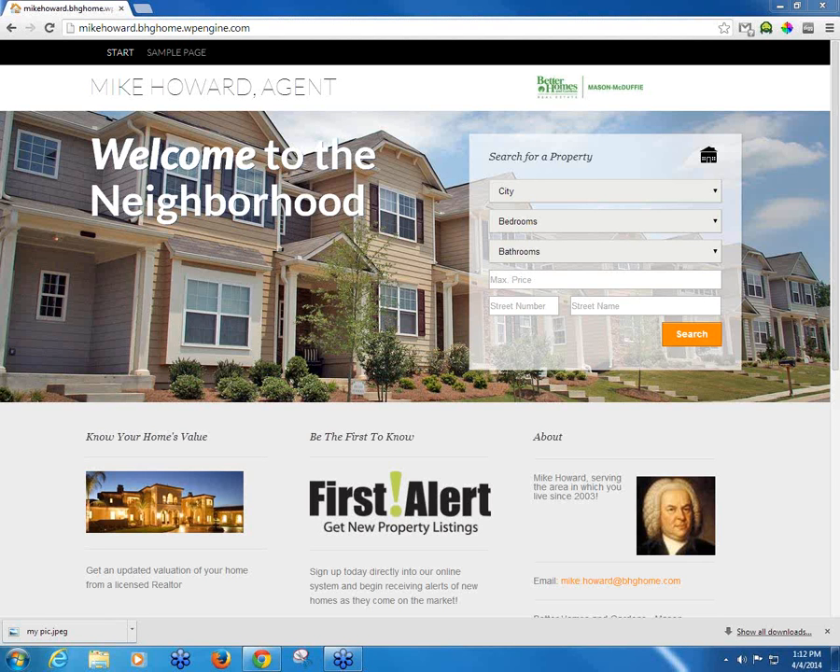Welcome to your new agent website. Here's how it looks in its default state. It's got a scenery banner, property search, a couple of your standard calls to action, CMA request, signing up for listing alert. Your site resides at